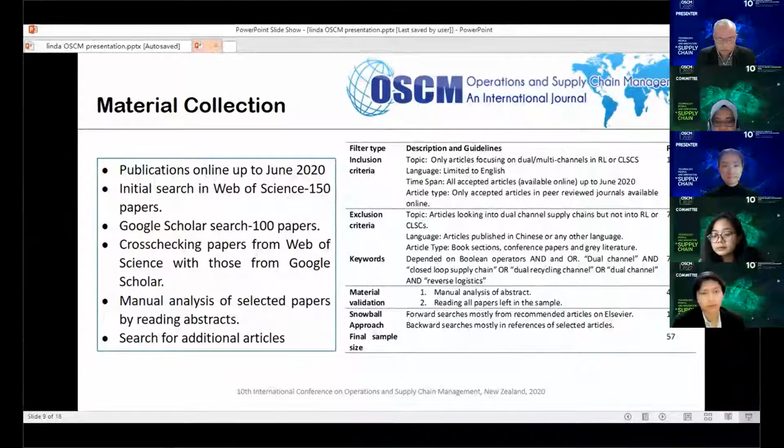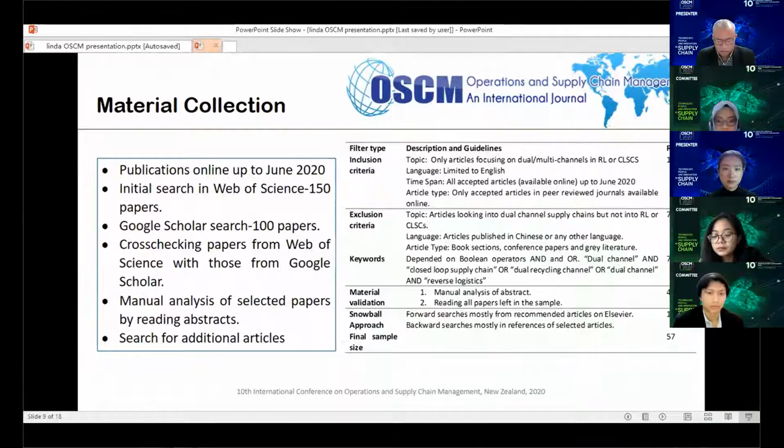The words that I used are dual channel and closed loop supply chain, or dual recycling channel, or dual channel and reverse logistics. In validating my materials, I carried out a manual analysis of abstracts, and I read all